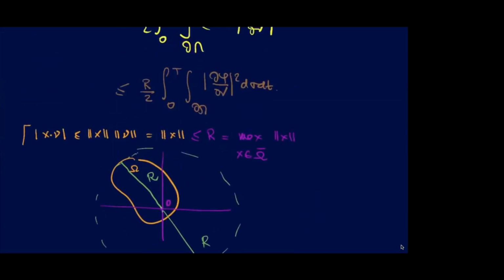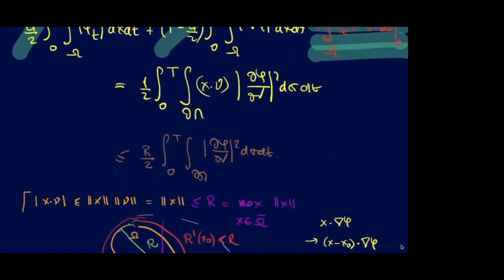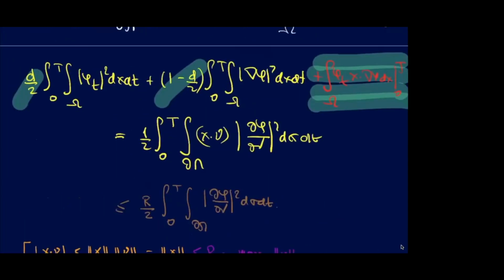Then, of course, once you realize this, you could also have, rather than working with the multiplier x gradient phi, shifted the center of gravity and made computations with the center of gravity somewhere else, like for instance here. And then achieve the same kind of computations with r prime, of x0 less than r. So you can improve the constant here, if you want to. But this is not our goal. So this is fine from this side. My main concern is here.